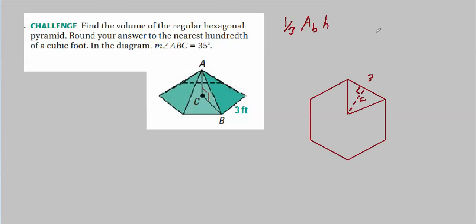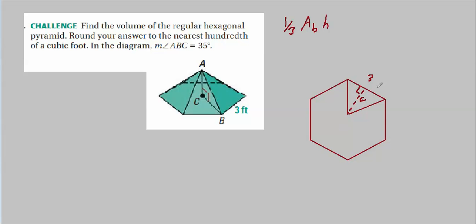Now here's a top view of our hexagonal base. Has side equal to 3. We need to know the altitude so we can figure out the area of this triangle. When we got that, we'll just multiply it by 6. We did this before. Well, this will be 60 degrees, right? 360 over 6. That means this part right here is 30 degrees.